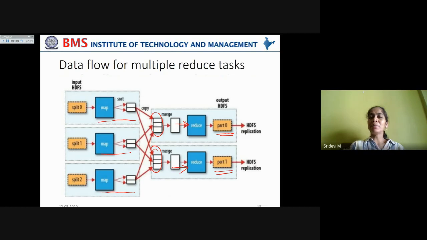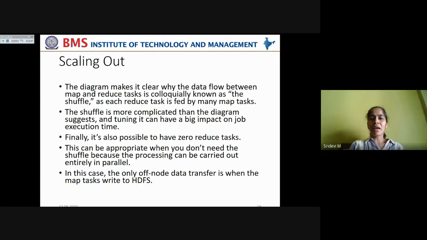Here we are getting multiple reduce outputs, whereas in our previous case we got a single output. For some data you may obtain multiple reduce outputs, and in that case we can use multiple reduce tasks. Now this diagram makes it clear why the data flow between the map and reduce tasks is colloquially known as the shuffle.